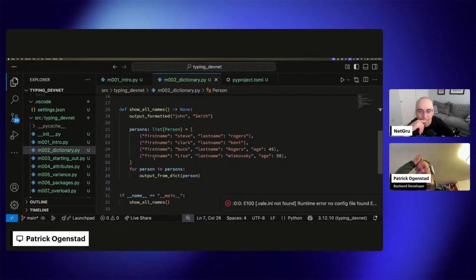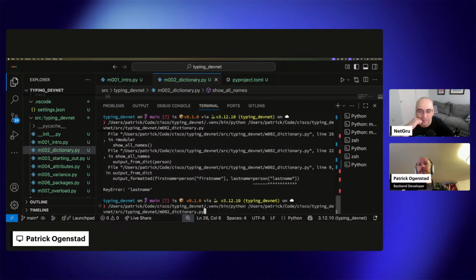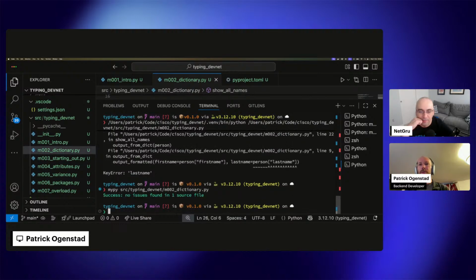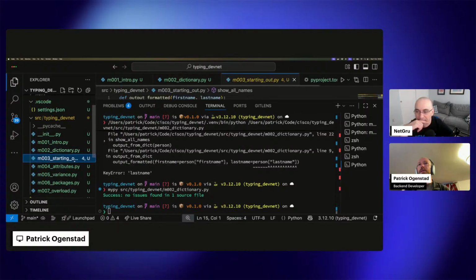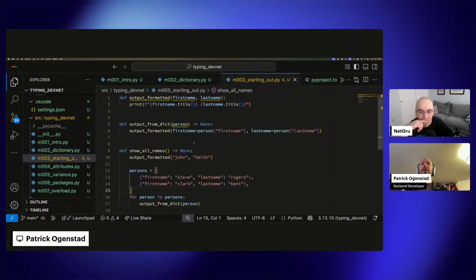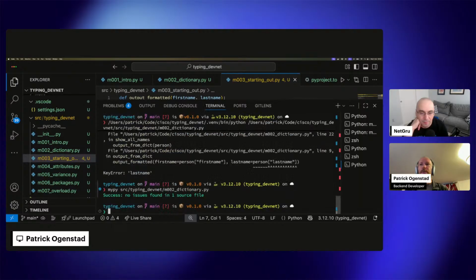So yeah, now it should be quite good. Mm-hmm. And if we then run MyPy, it shouldn't complain about anything. And if we look at what you need to do when you're starting out with this, if we just open a fresh file and then try to run MyPy on this,